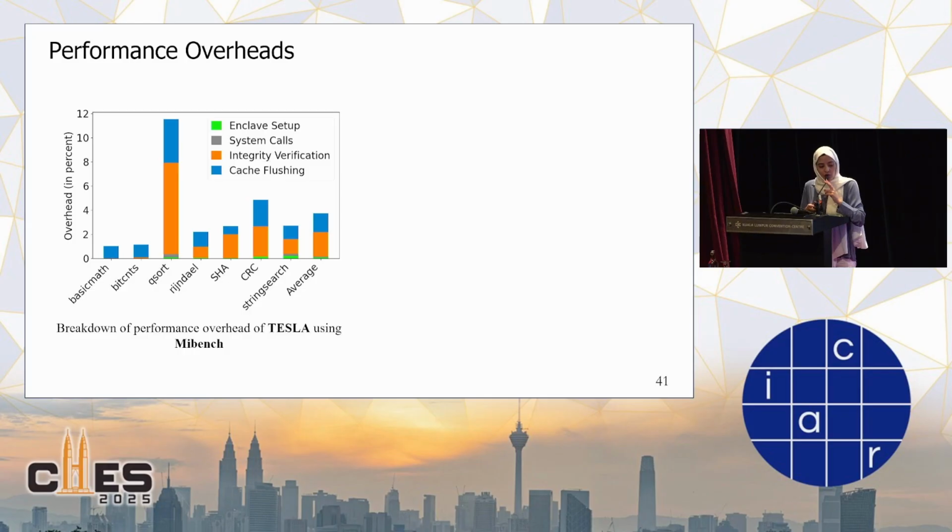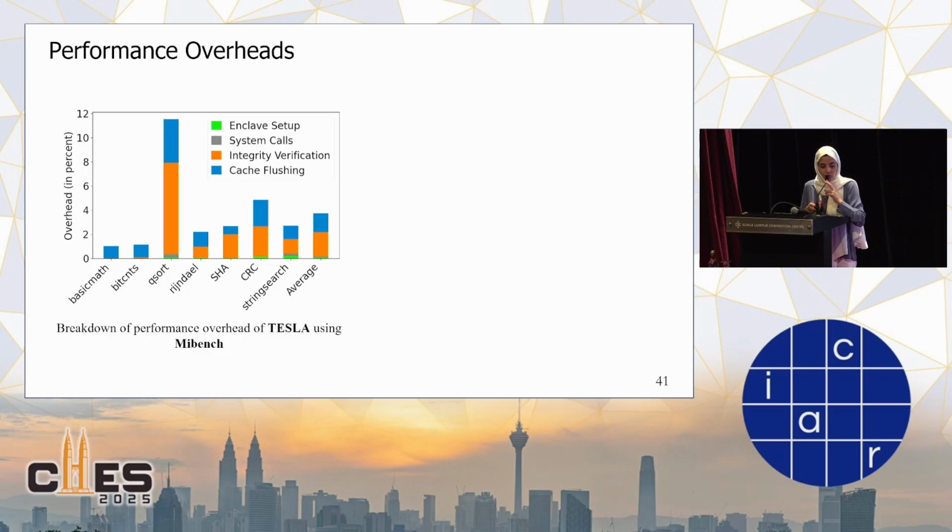However, the major contributor to overheads is the integrity verification. On every page fault, the security monitor verifies the integrity of the page that the OS is loading. And since this is done in software, it adds a lot of overheads. We believe that if this integrity verification can be moved to hardware, it will further improve the performance of Tesla. A thing to note is that we also flush the caches on every context switch for the